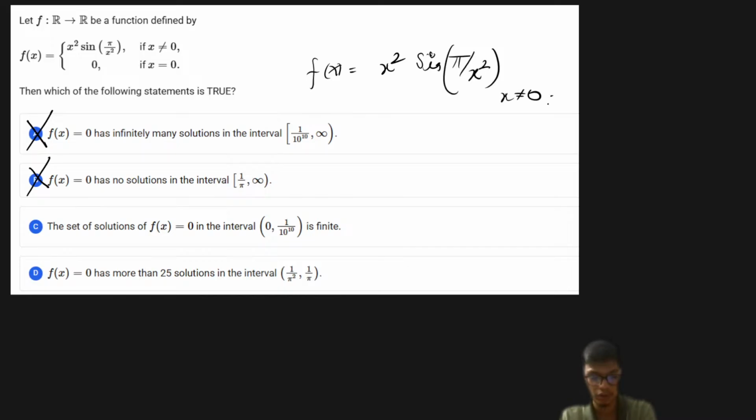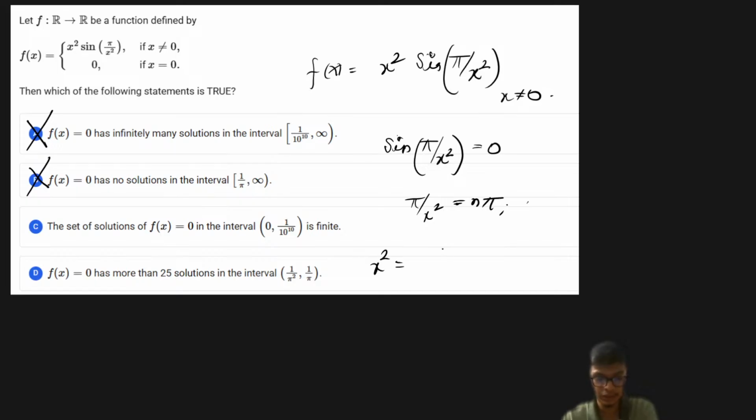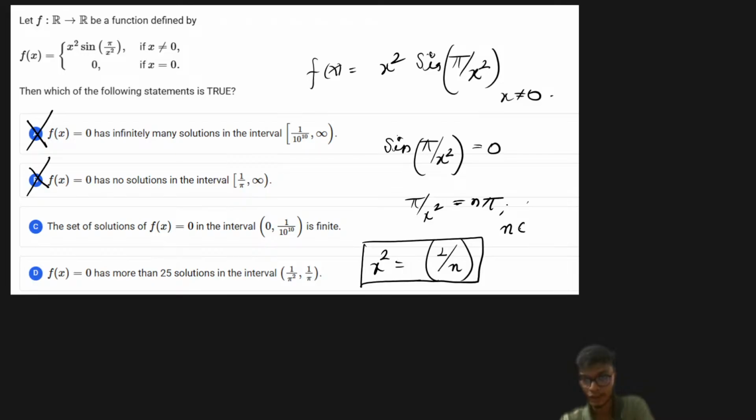Now let us try to understand when I am going to have sine of pi upon x square equal to 0, and that will give you the result as pi upon x square should be equal to n pi, right? Now from here you will get x square should be equal to 1 upon n. Now since n is basically all the natural numbers,